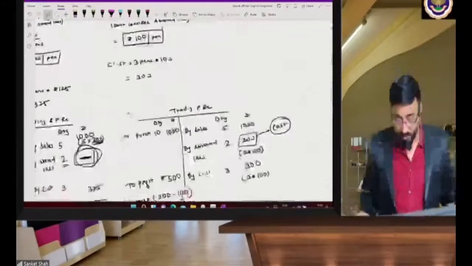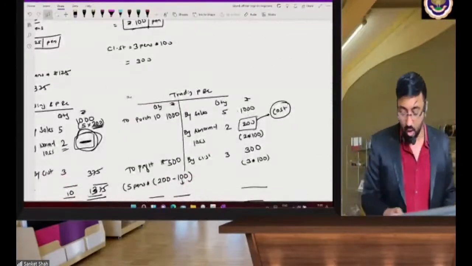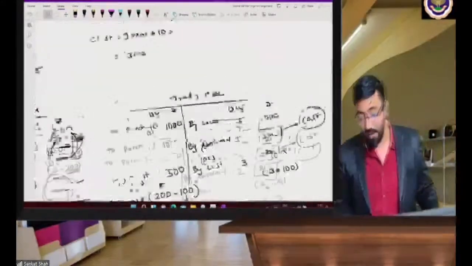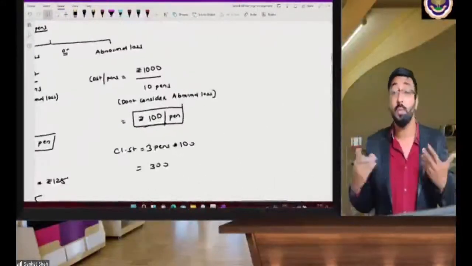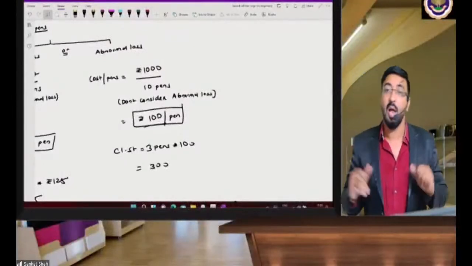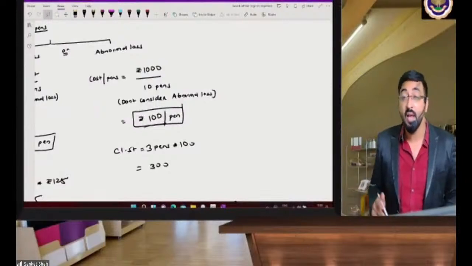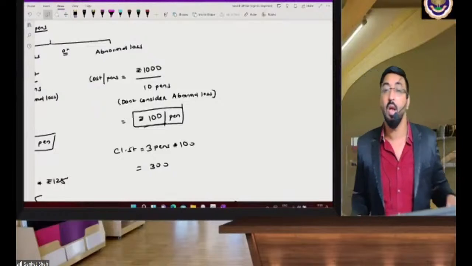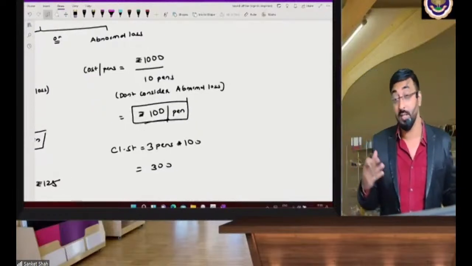अभी वही चीज एबनॉर्मल लॉस की होगी, तो हम लोग क्या करेंगे, तो यहाँ पे एबनॉर्मल लॉस में मैं तो रिकॉर्ड करता ही नहीं, मुझे पता ही नहीं था कि 2 पेन्स खराब निकलेंगे, अरे बाप रे मुझे तो लगा 10 पेन्स अच्छे ही निकलेंगे, और लाने के बाद समझा वो तो बदलने को तैयार नहीं है, तो 2 पेन्स तो मेरा पहली बार हुआ, तो मैंने ये कभी एस्टिमेट भी नहीं किया था पास्ट में। अभी ये एबनॉर्मल लॉस में इसको बोलूंगा, जैसे कि आप गुड्स लॉस बाय फायर।